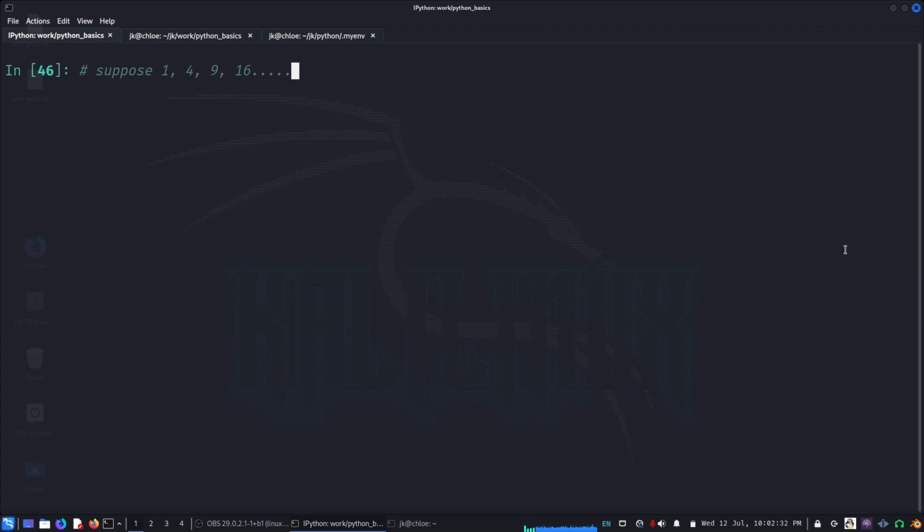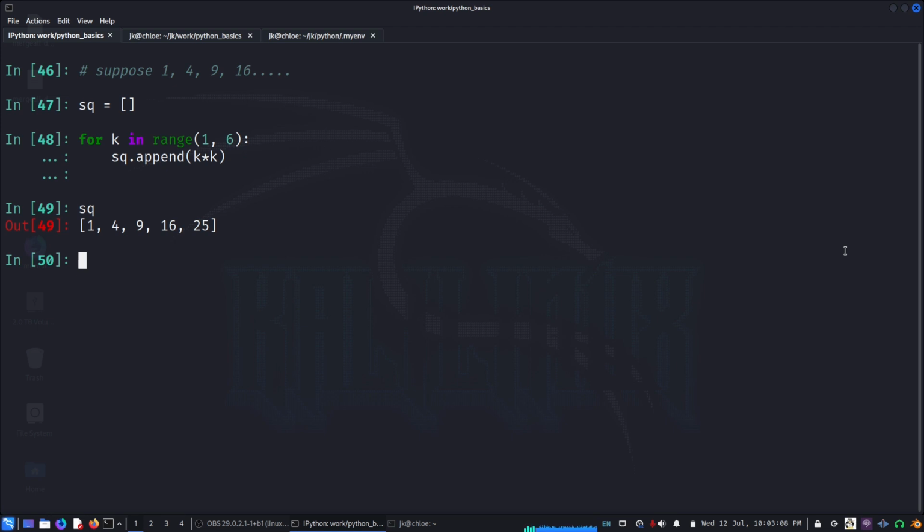So I can create a list called squares, an empty list, and then I do for k in range, maybe start with 1 and maybe like 10. Let us keep only 5, so it will be 6. So now I can say squares dot append, I want k times k. So now if I do squares, I get all those numbers. So instead of doing this